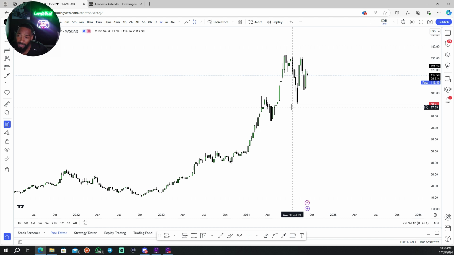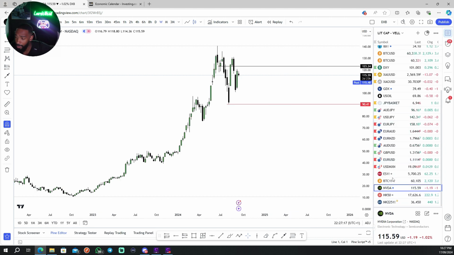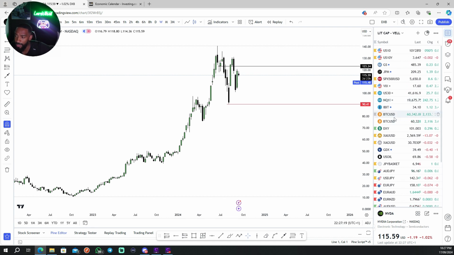It would make more sense for you guys to purchase $10,000 worth of NVIDIA shares than to purchase $10,000 worth of Bitcoin. Because if Bitcoin value is above 60,000, for example, and you've only got 10,000, then you haven't even got a Bitcoin, meaning you need Bitcoin to go to 120,000 in order for you to double your 10,000, which doesn't make any sense. There's other assets that we can get involved in that can make us a lot of money. So with that being said, let's move away from NVIDIA, but I've kept it on my list and I will continue to keep you guys informed with that.